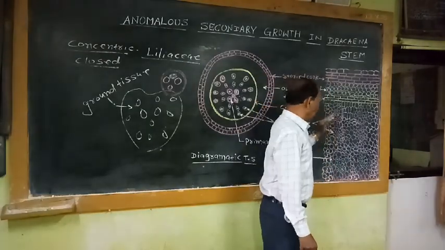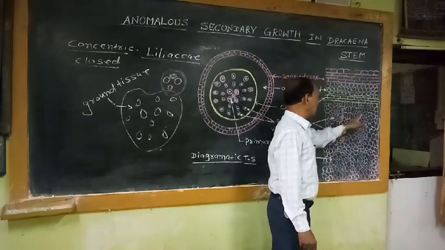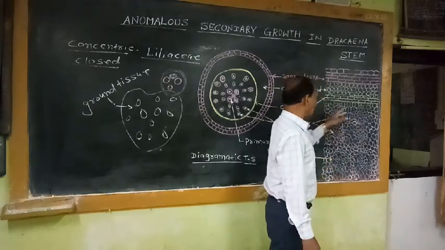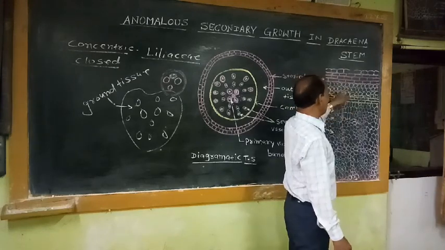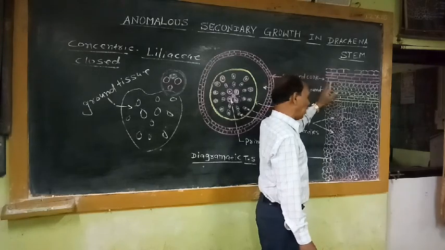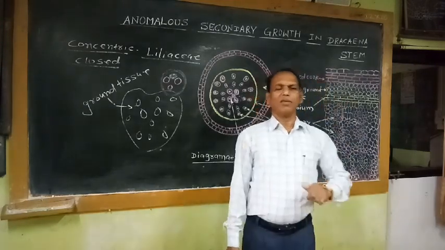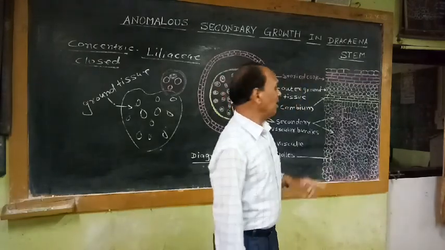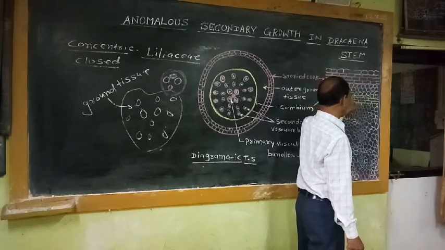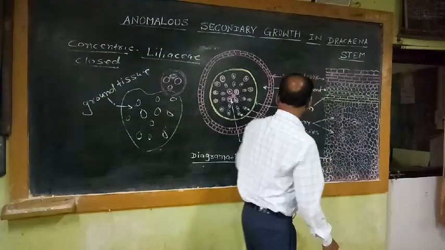That means when this cambium adds more secondary xylem and more secondary phloem, which are converted into secondary vascular bundles, and secondary parenchyma cells, these secondary parenchyma cells, which are also added by this cambium at its peripheral side, are known as outer ground tissue. When this cambium produces more and more secondary vascular bundles and secondary parenchyma tissue at its outer side as well as inner side, the epidermis comes under stress and ruptures.